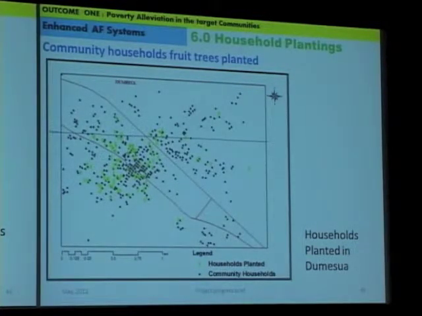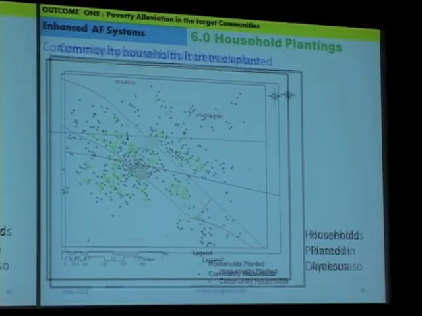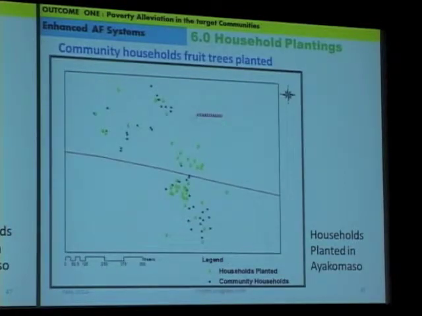This, I've already spoken about it. This is also a GPS position of all the fruit trees within the community household. You can also see these are Dumesuya. The black ones are all the towns, the houses. And each household that has a mango or citrus fruit, we pick the GPS position and it is plotted. Eventually, what you want to see, the whole place will be greenish. And that is the last town, which is Ayakuma, so that has about 300 farmers population, very scattered and also